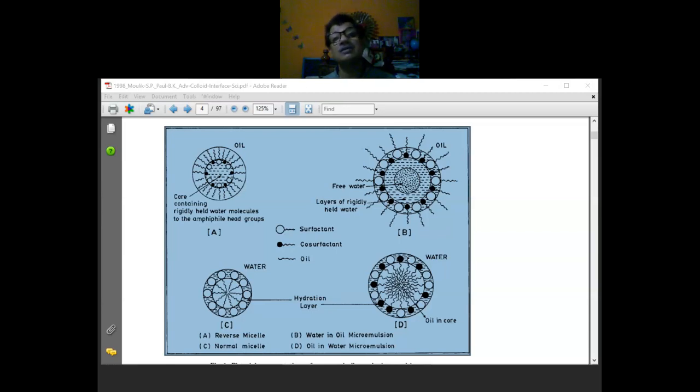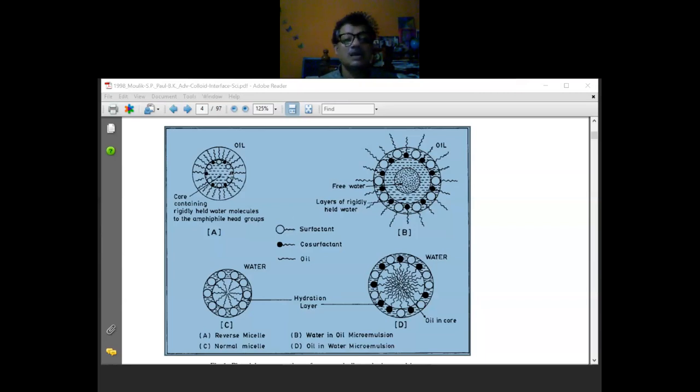How do you know that? The microemulsion which was clear, which was isotropic, which was thermodynamically stable, which was transparent, will become turbid. That means you will get a phase separation. That means you will be able to see the appearance of two distinct layers, or the solution will appear turbid. So you get two different phases.